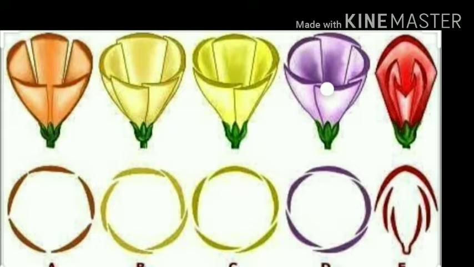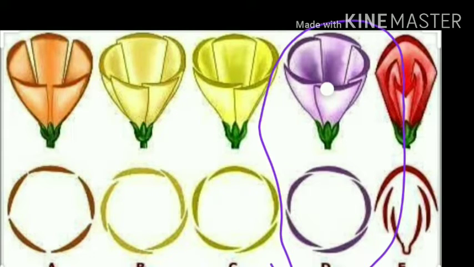So let us talk about the D pic, which is imbricate. What is meant by imbricate? They overlap at the margins, but not in a particular direction. Whereas in B or C pic, you may see it looks like a particular direction type. Whereas in D, it does not follow any particular way. So it is said to be imbricate. The last one is nothing but vexillary aestivation.